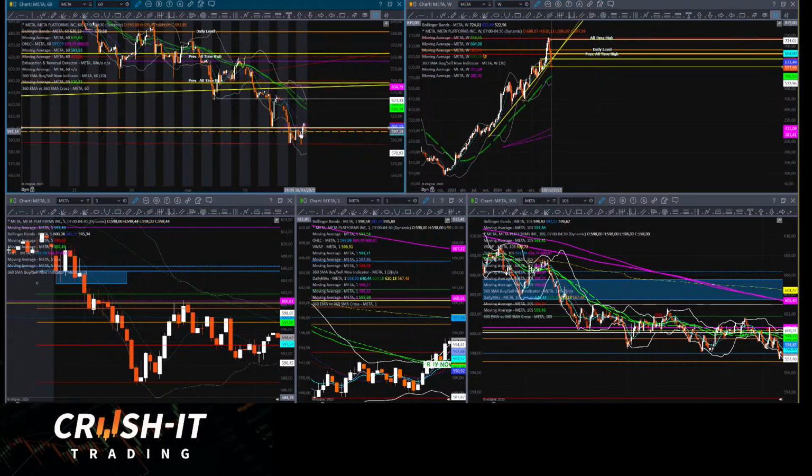this 200 SMA on the 60, I have this key level right here at 600. I felt like with the markets, once we broke 600, there was a lot of confluence in here, and I have this low of the day before. I felt like there was a lot of confluence to try to get back above it. So where the crush it zone was, I just didn't feel like it was a good move to the upside,